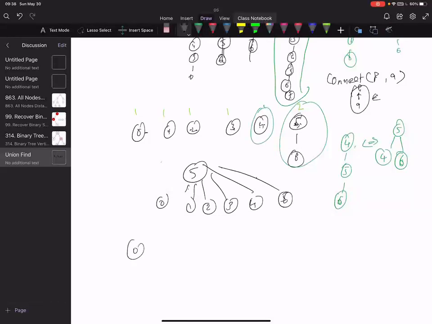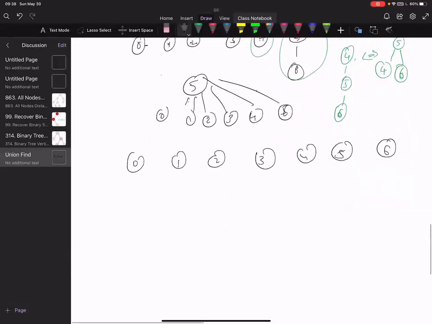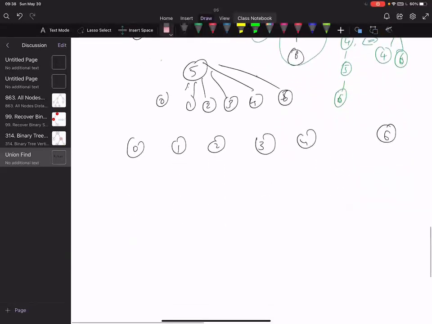Okay, let's connect 5 and 6. So 5 and 6 will become like this. Then let's connect 4 and 5. Now let's connect 1 and 2.